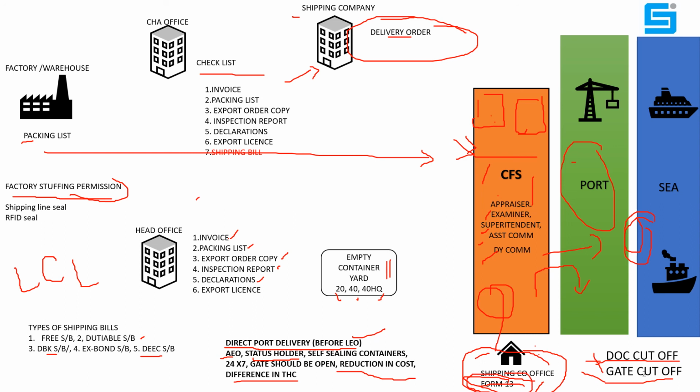Then the shipping company will stuff the container in the CFS. Here they will bring the cargo of 4-5 exporters. Suppose you are exporting cargo to Port Louis, Mauritius, and 4-5 other exporters are already exporting to Port Louis. Then the shipping company will have the cargo of these exporters. They will combine this cargo and stuff it into one container, right? And they will seal it here in the CFS. Then this container will move to the port. This way, LCL customs clearance is done.